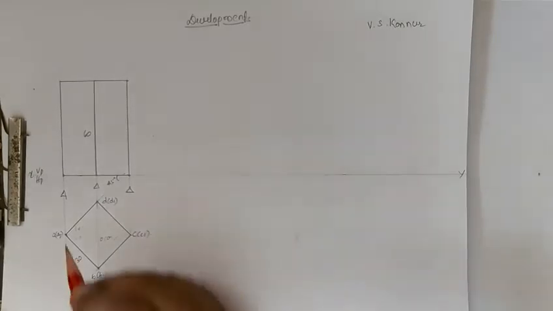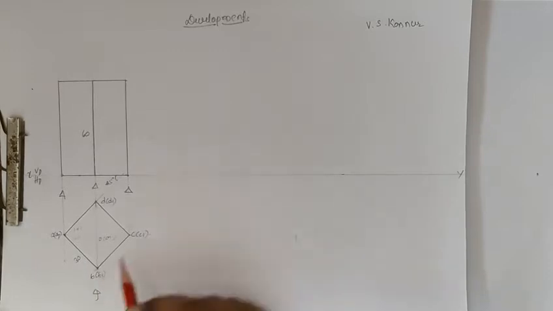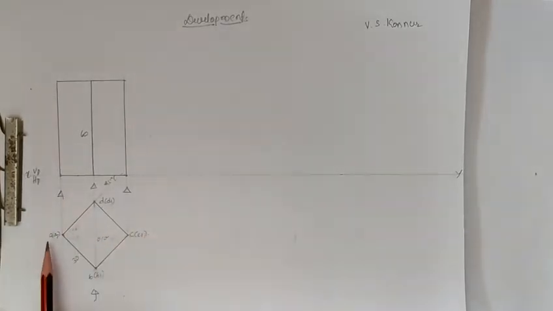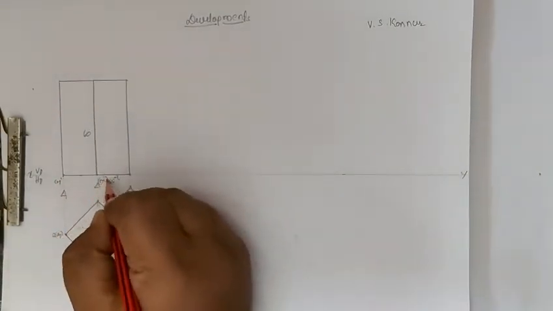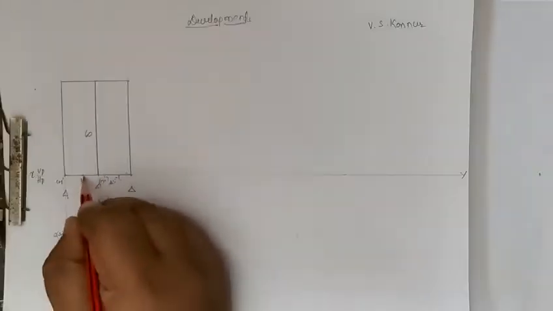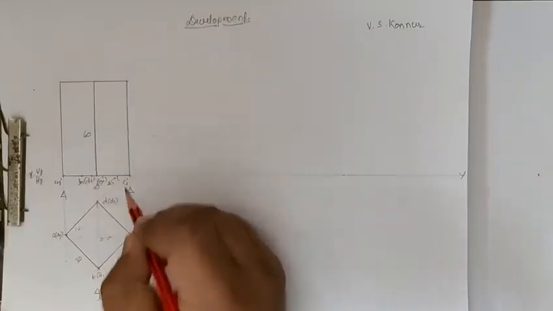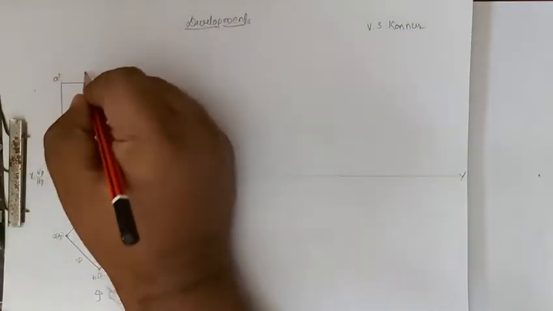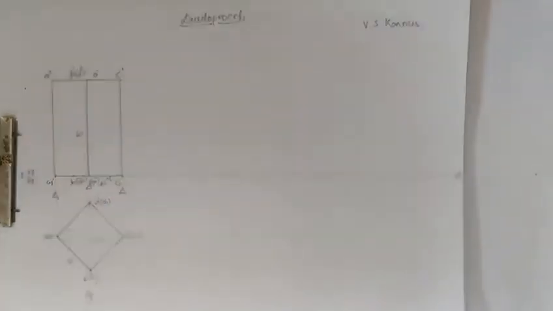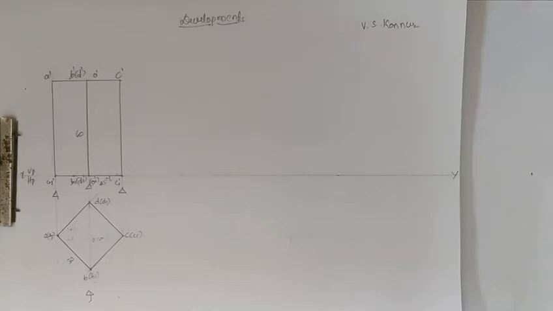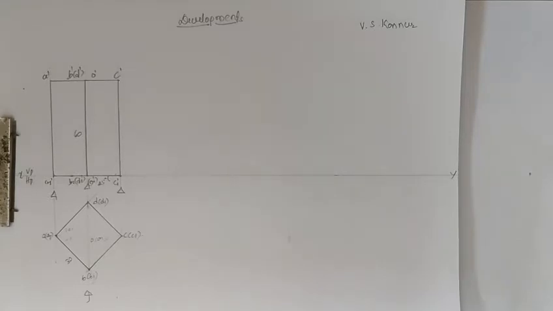Now when you are viewing from this side, A1, B1, C1, D1 are the bottom face, as we have studied in solids. A, B, C, D are the top face. Here it is A1 dash, here O1 dash, and also B1 dash, D1 dash inside the bracket, which are not visible, and C1 dash. Same way here, A dash, B dash, D dash, O dash, C dash. This is the prism.